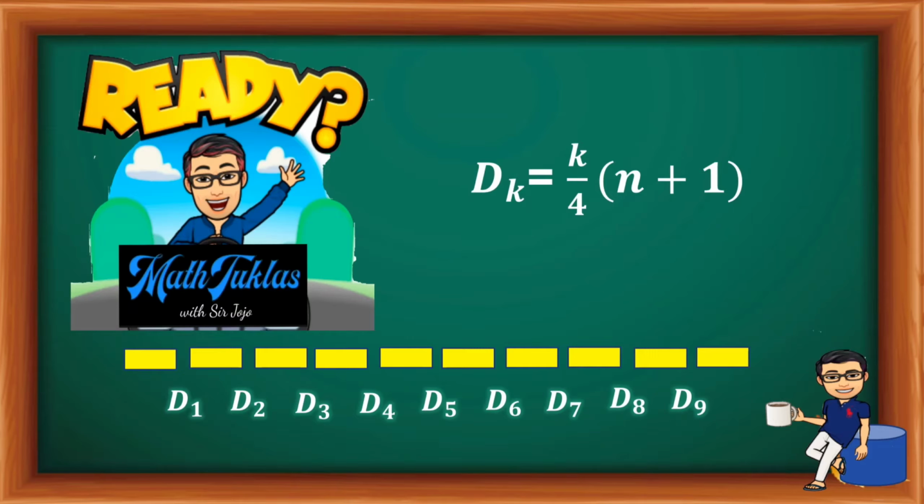If we divide the distribution into 10 equal parts like what is being presented, and we use this formula, d sub k is equal to k over 4 times the quantity n plus 1. That means to say we are solving for